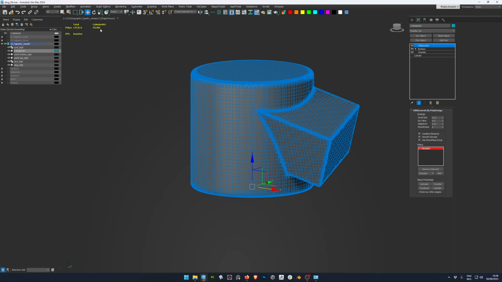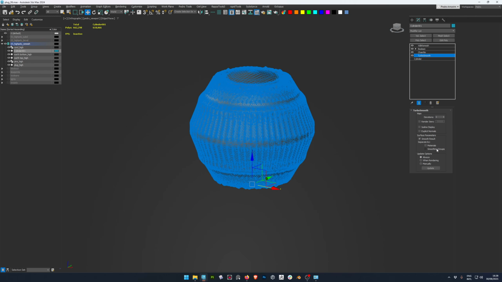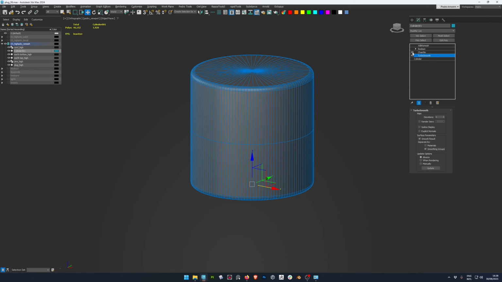So it went from 1 million to 93,000, which is much more reasonable. So now if I put a subdivision and I turn on the smoothing groups,